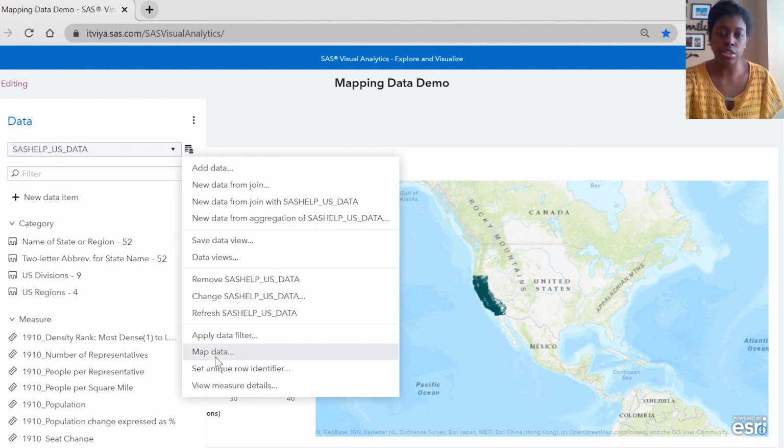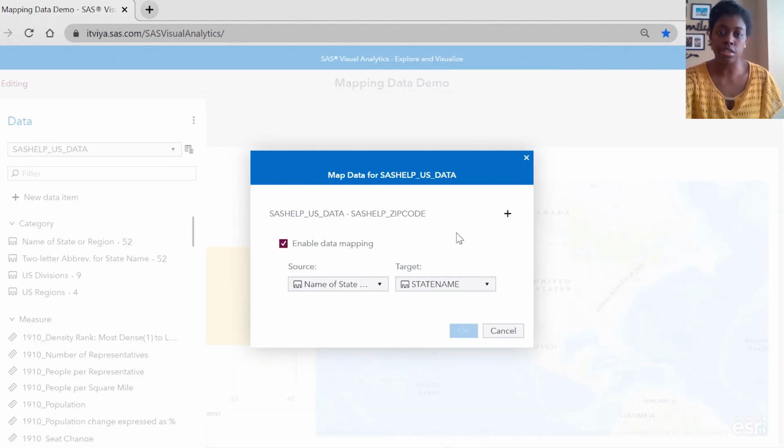And I wanted to show you that you don't have to go to both places to map it. Once you map it in one of the data sources, it's going to show up in the other one as well. The only difference is the source and the target. It's going to change depending on what your source data set is and what your target data set is. So in this case, the roles are reversed, but it works just the same. Also, something I want to point out is if you had more than 2 data sources in your same VA report, you would have several options to do data mapping.